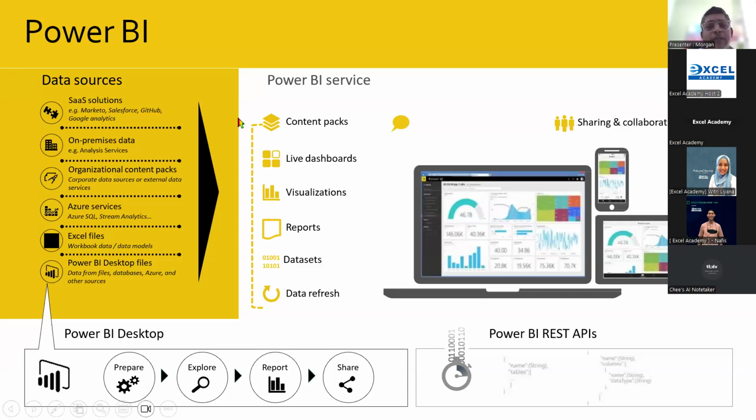Okay, now this one is just about talking about the format yang dia support Power BI. Power BI ni sampai sekarang I've been doing it for a few years. Sampai sekarang they support any format. I never came across a format that dia tak boleh support. So tak kisah whether you have a text format, CSV format, ini semua the common one lah. So all the formats that I've seen until now, they support,